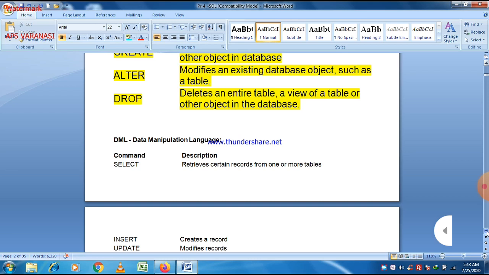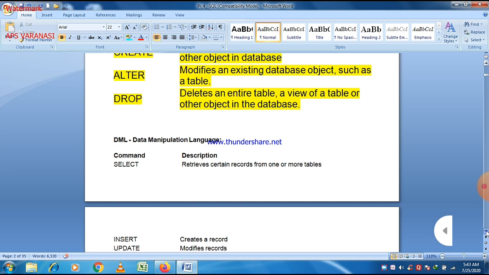These are the create command or create table command. Using this we can easily create a table. And second is the alter table command. With the alter table command, we are able to change the structure of the table. It means that if we want to change the data type of a column, or we want to add a new column into a table, or if you want to delete a column, or if you want to modify the structure of a particular column, then it is also possible using the alter table command.